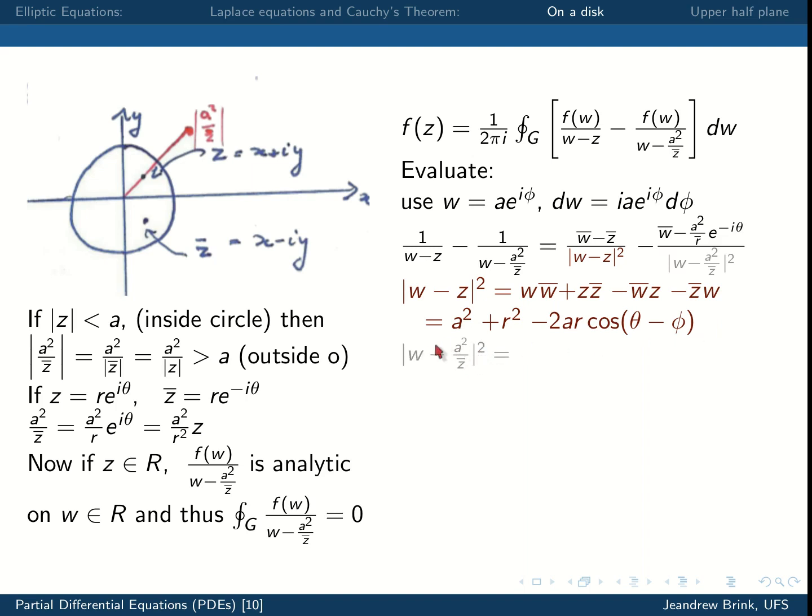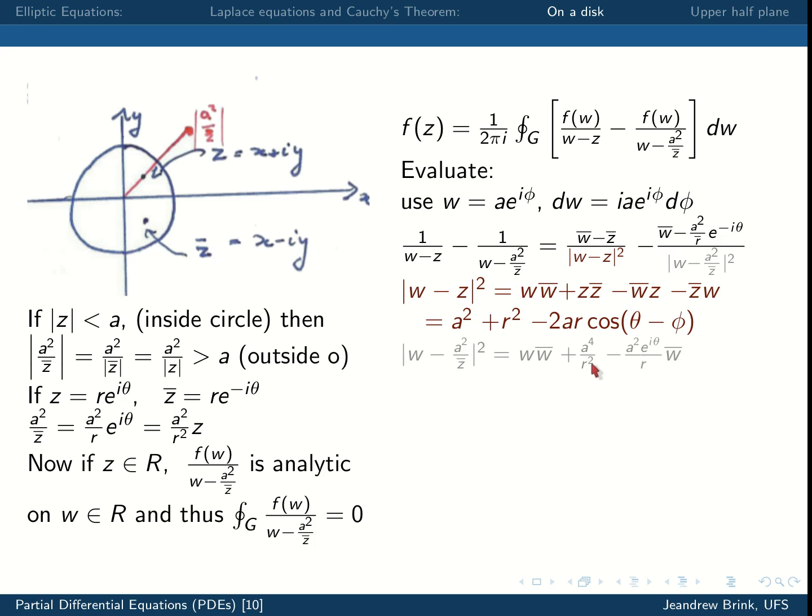Okay, the next part is to look at the grey part, the grey denominator, and to try and evaluate that. And you do the same thing. To work out the norm, it's just w minus a squared over z bar times w bar minus a squared over z, and you multiply it through, and what you get is w times w bar plus a to the fourth over z z bar, which is just r squared,